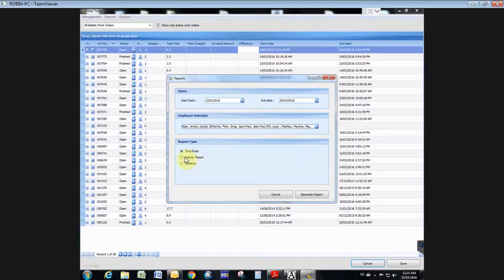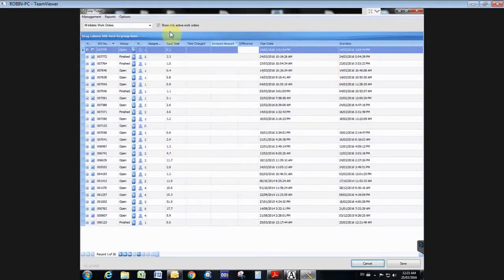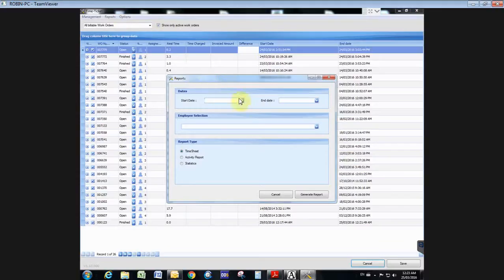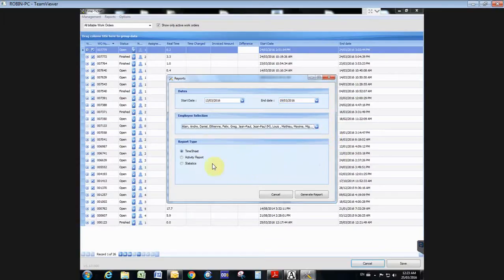For the first one, the timesheet, this will give me every day the start date, end date, lunch time, how long they worked for, and a total of time. If I print the other report from this date to this date for all my staff, the activity report,